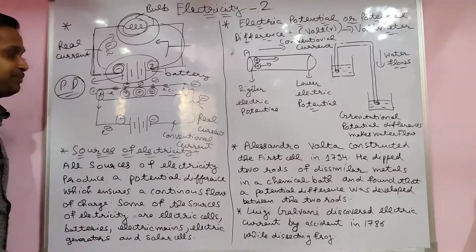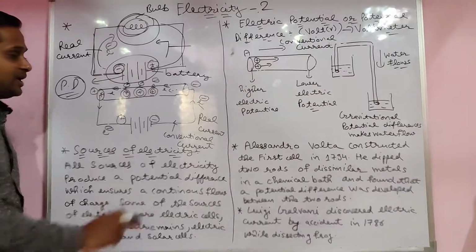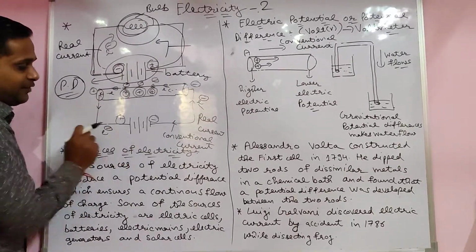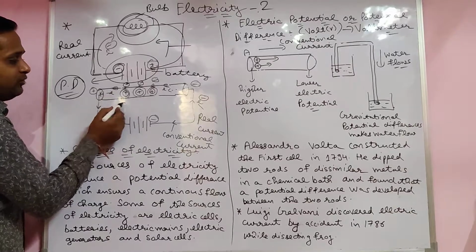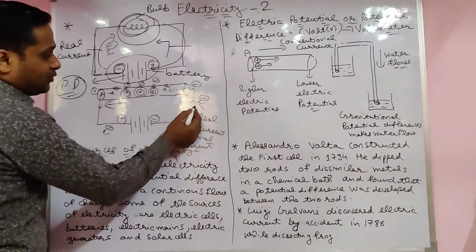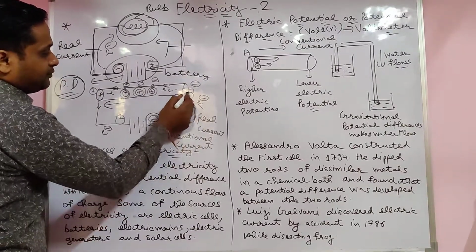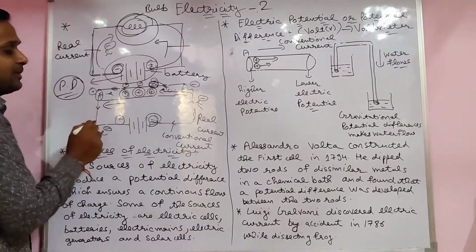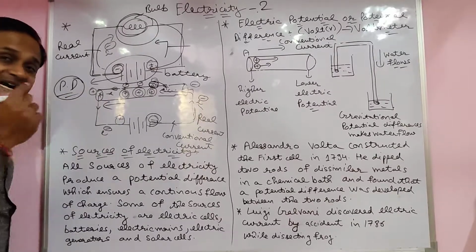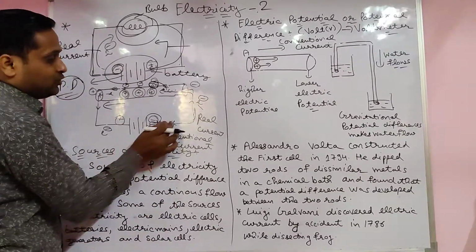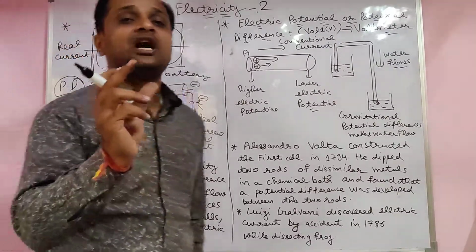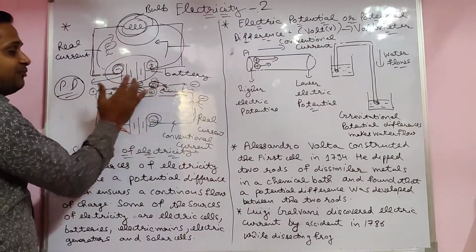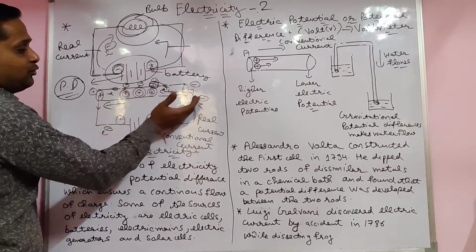See that diagram. This is the copper wire. Here positive and negative charge is there. You apply the potential, positive and negative of the battery. So the electrons move this side, and electrons from the battery move this side and strike with these electrons, and these electrons come outside. There are two ways to see how current is produced. When you apply positive and negative, the negative moves towards positive and the positive moves towards negative.